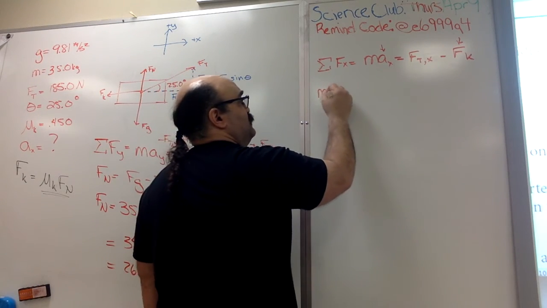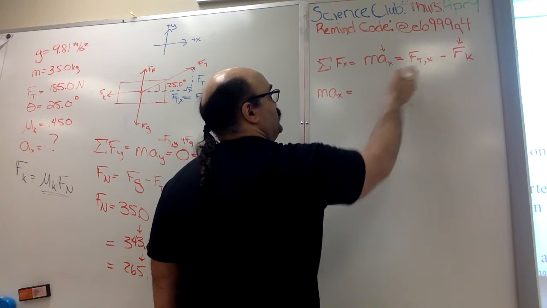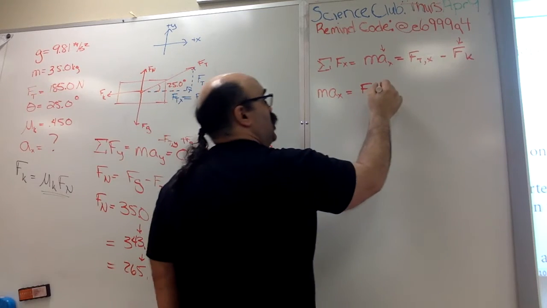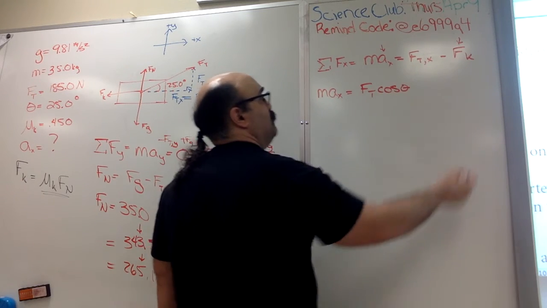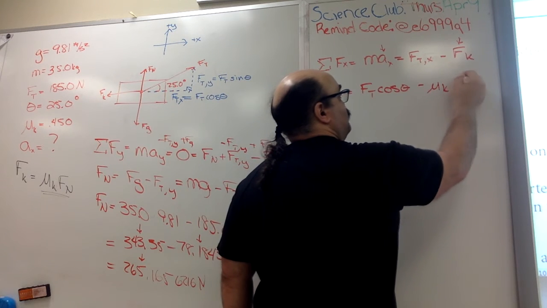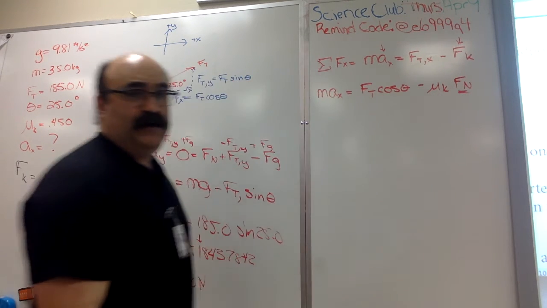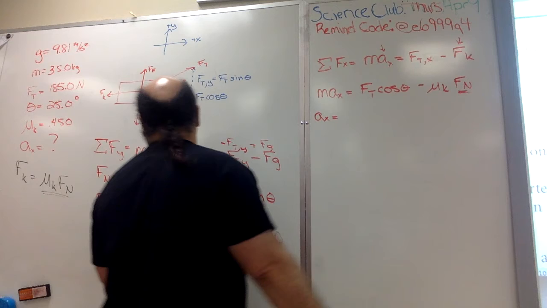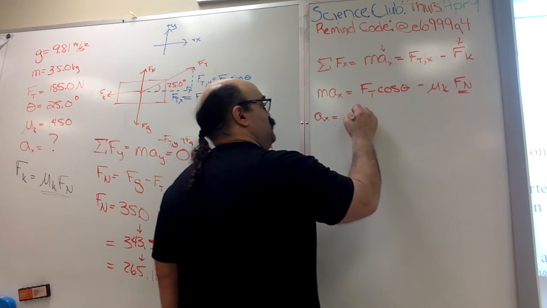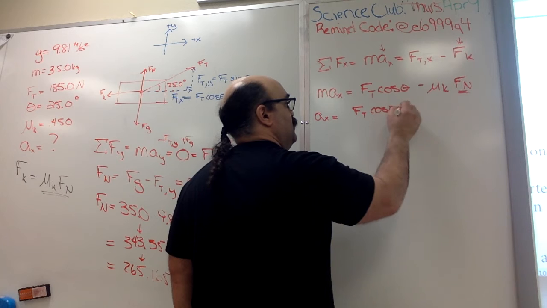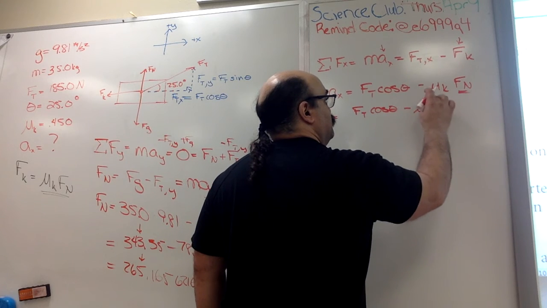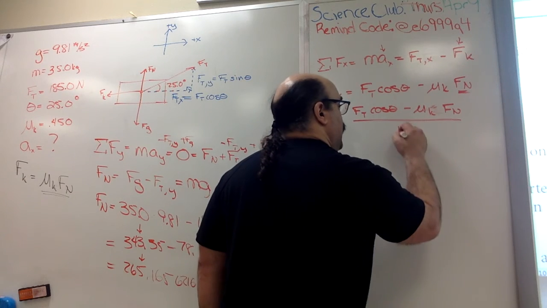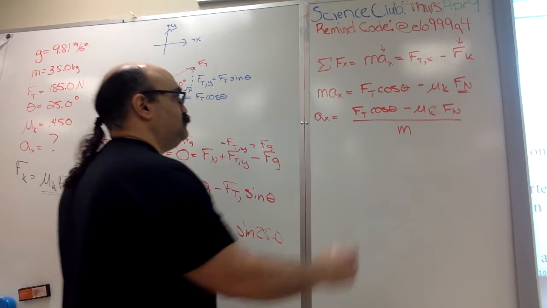So, we have the mass times the acceleration in the x direction must equal the force due to tension in the x direction. Well, that's just the force of tension that was given to us, x direction, that's the cosine of the angle in this case, minus mu sub k F sub n. Okay, this is why we had to find the normal force before. Well, that means my a sub x, which is what I am trying to find, must simply be equal to the force of tension, cosine of theta, minus mu sub k F sub n, all over m. Should equal